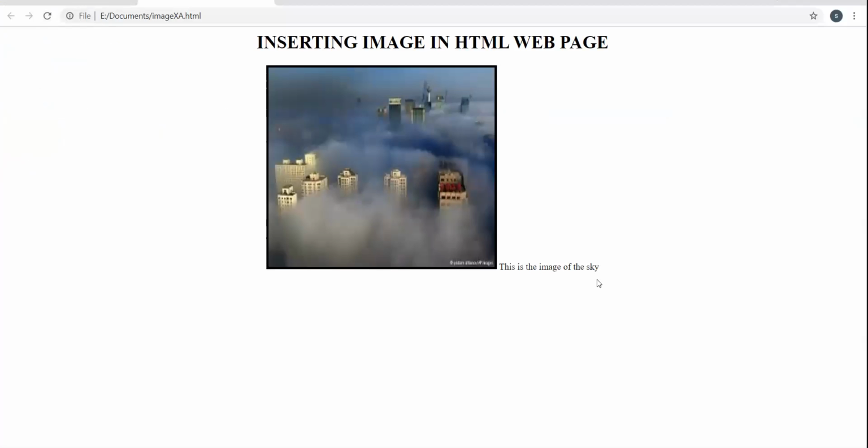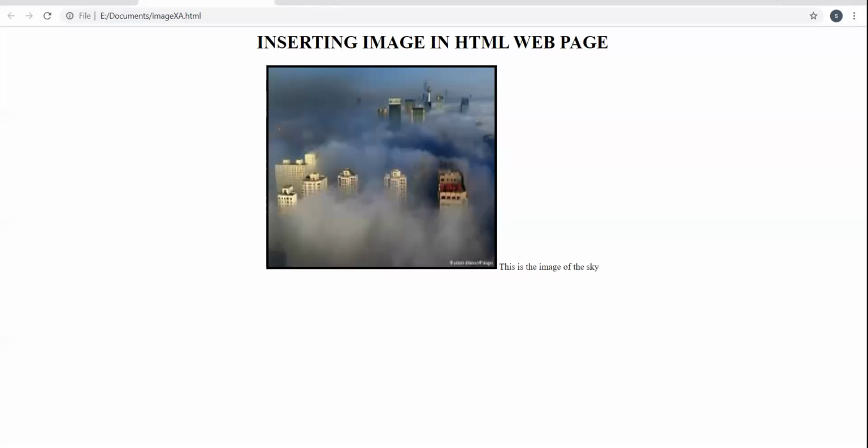See here, beta. The text by default comes at the bottom of the image. This is the default alignment of text with respect to the image. The text is placed at the bottom along with the image. Clear? Am I clear?